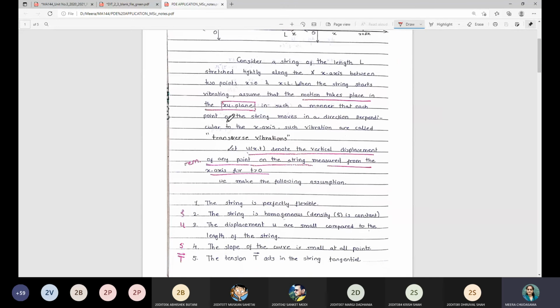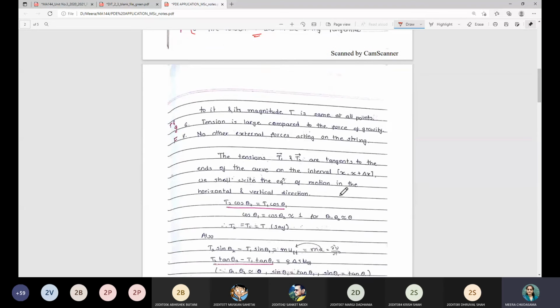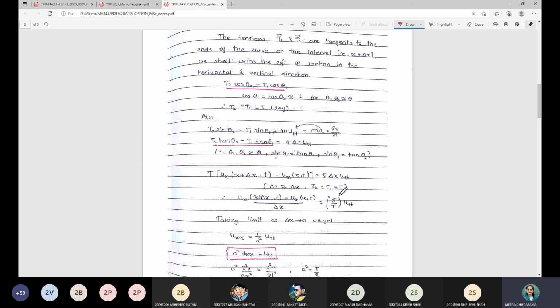तो एक्चुअली here the physical terms and the conditions we need, these are the conditions, that it has to be homogeneous in nature, that it has to be perfectly flexible, right? Tension we will consider as T, and all those assumptions are already written over here. Then after that, when you consider this physics phenomenon, right, कि टेंशन होगा तो उसके करस्पॉन्डिंग जो एंगल होगा तो वो क्या होगा, तो उसके ऊपर से ये पूरा थ्योरी असम्प्शन को साथ लेकर, डेंसिटी को साथ लेकर, ये एक्सप्रेशन जो डिराइव हुआ, that is nothing but the wave expression.